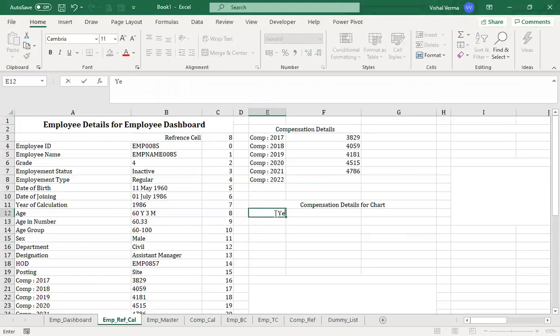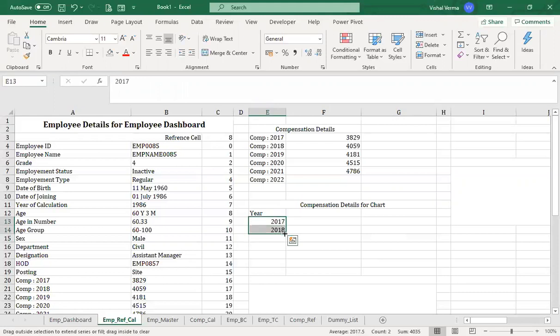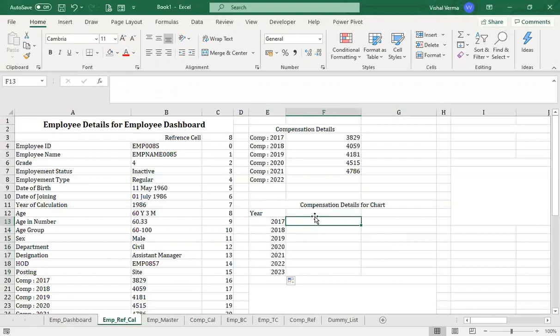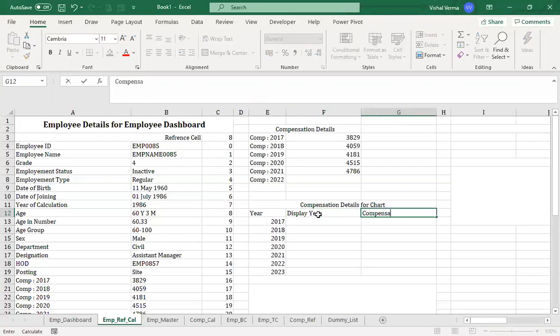Let's put it as year 2017, 2018, and so on, and let's drag it till 2023. And then we have the display year, and then we have the one related to compensation.